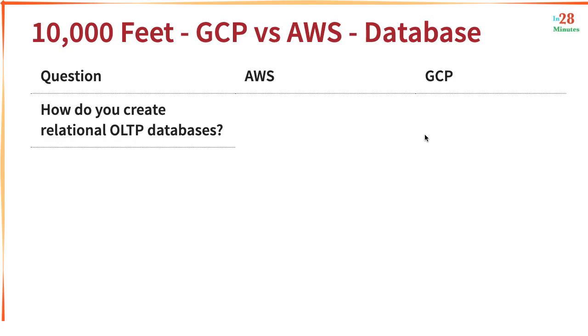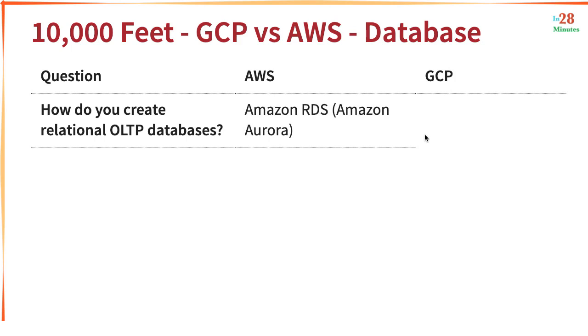Let's start with relational OLTP databases. If you have a banking transactional application, that's what is called an online transaction processing application. Your users might be doing a number of transactions, credit, debit, or a lot of other operations that you can do at a typical bank. For these kinds of applications, you typically go with relational OLTP databases. A good example for a relational OLTP database is MySQL. And in AWS, you can create MySQL databases by using Amazon RDS.